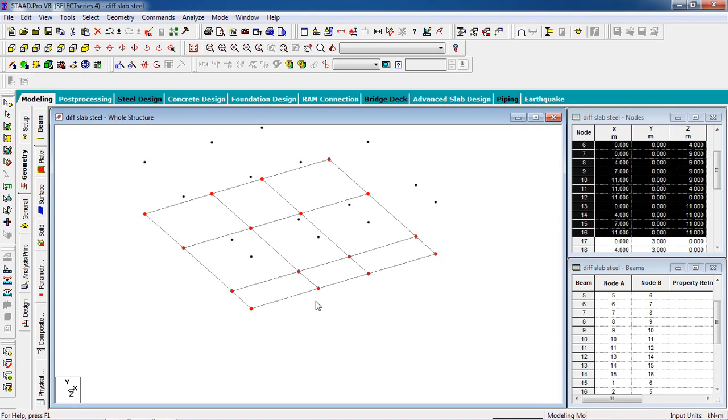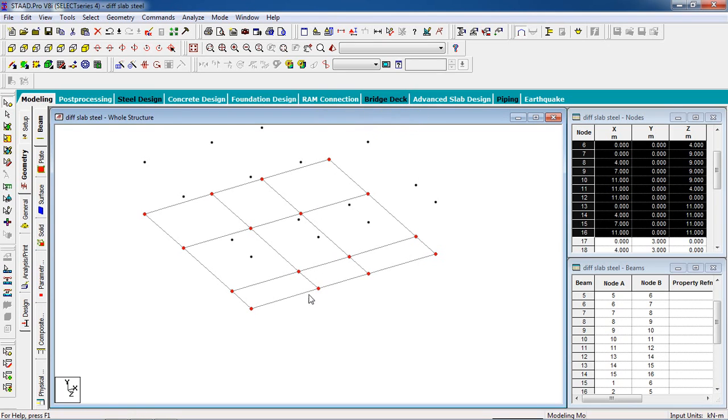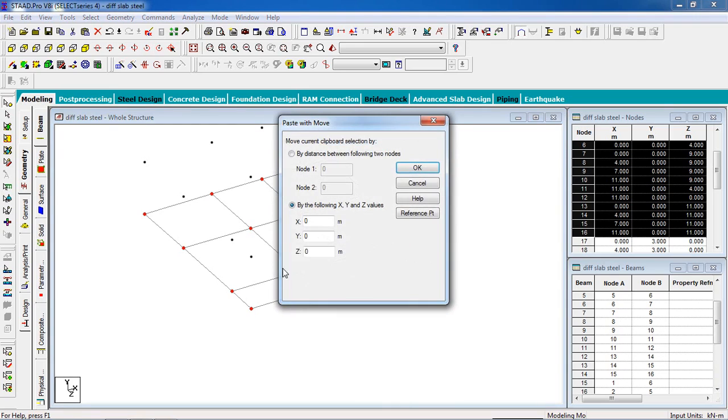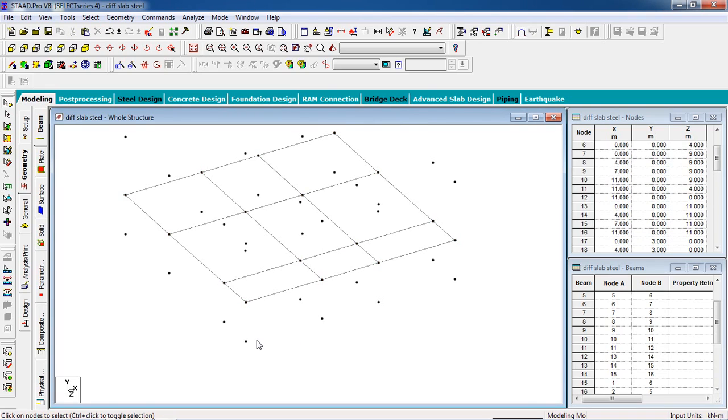again copy the nodes which are selected, paste the nodes in the minus Y direction, so give -2. Okay, now delete these nodes because this is a cantilever.